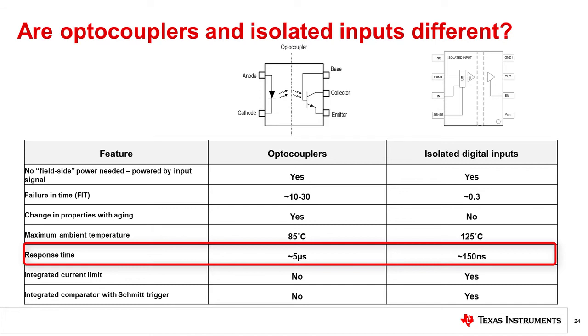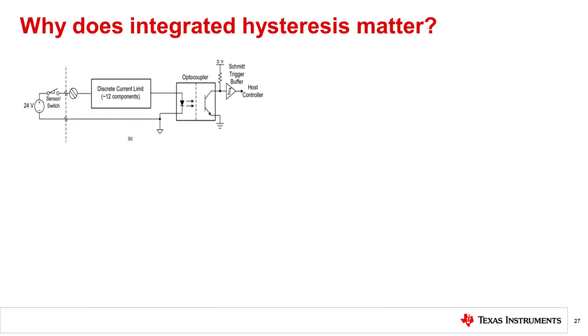Capacitive-based isolated digital inputs use high-speed technology which increases data rates and reduces propagation delay to nanoseconds for faster response time for critical feedback signals. The integrated functions of isolated inputs also help to address the challenges of both the size of the digital I/O interface and the need for improved noise immunity.